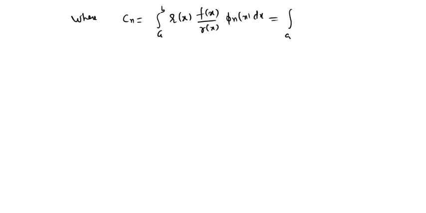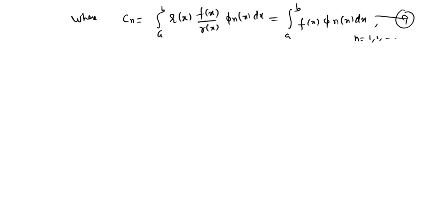And of course we will write the Cn's. So what will be Cn? It is the integral from a to b of r(x), where the function is f by r, and r is a weight here, multiplied by phi n(x) dx. So you can now cancel r with r. So this is just the integral of f(x) phi n(x) dx, running from 1 to infinity. So this is 9.